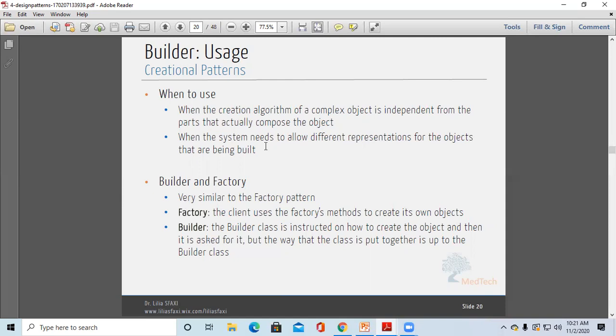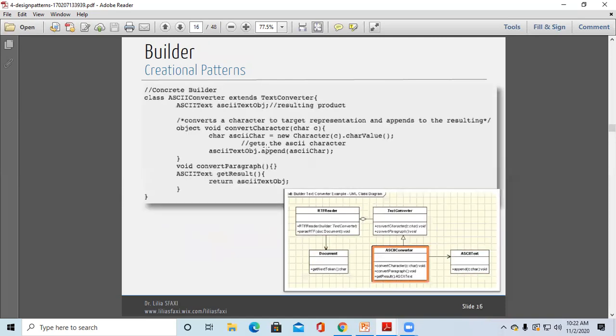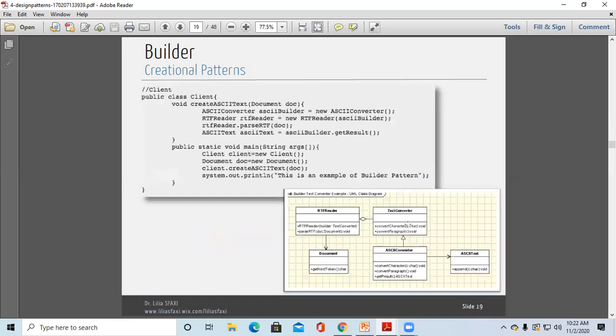The way that the class is put together is up to the builder class. It's dependent on the builder class.